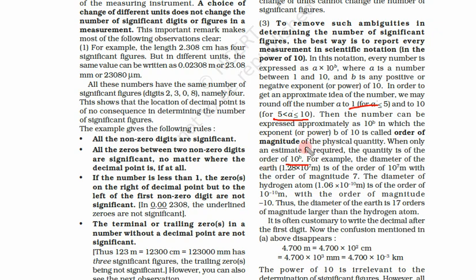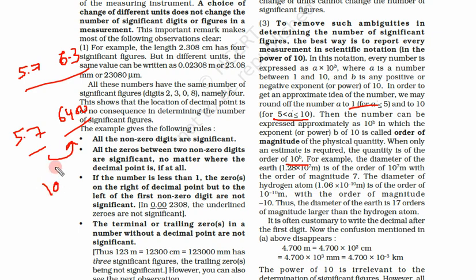So how can we say when only an estimate is needed? When we are comparing orders of magnitude, the difference is so large that rather than telling that this is 5.7 and this is 6.3, which are very near, we have 5.7 and something like 6400. Then we don't need to tell the exact number. We generally say it is about 1000 times of this, that means 10 to power 3 times larger. So then we use order of magnitude.